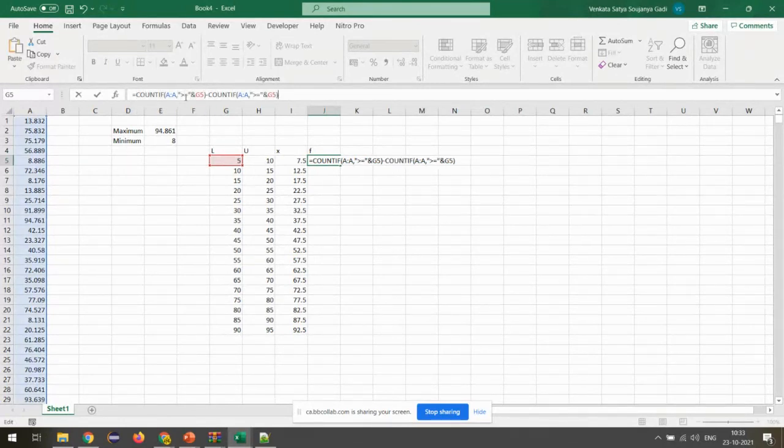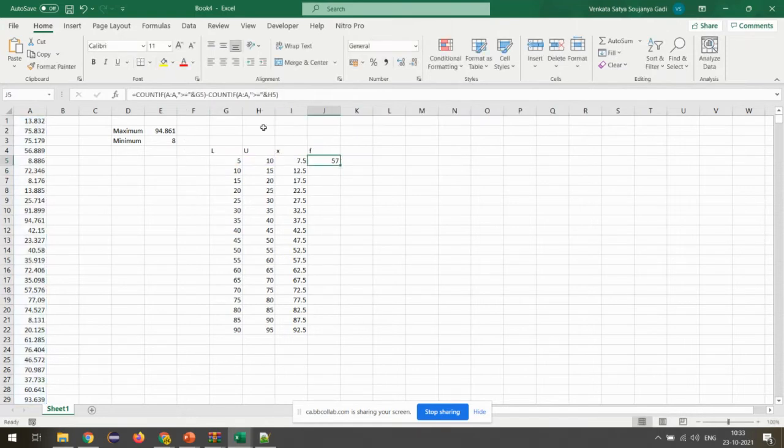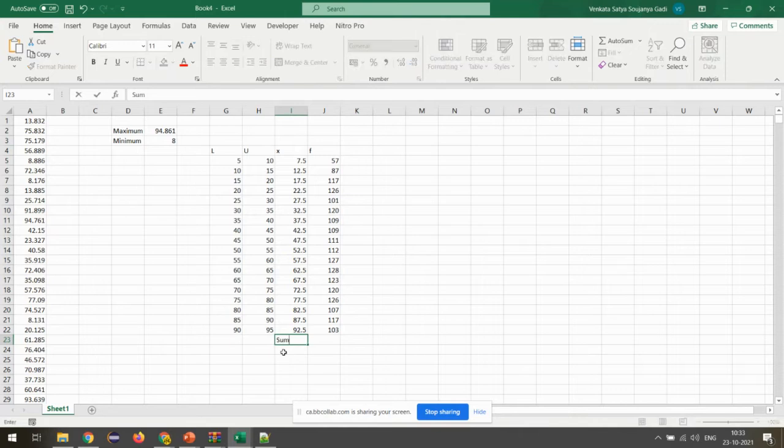And then we say, I'll show the formula again. All the data elements greater than this minus all the elements greater than or equals to this. So we get this number. So we fill